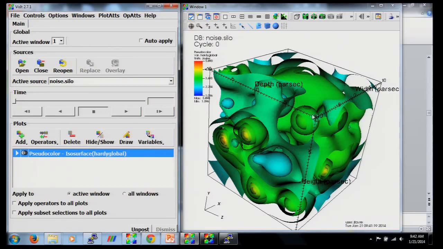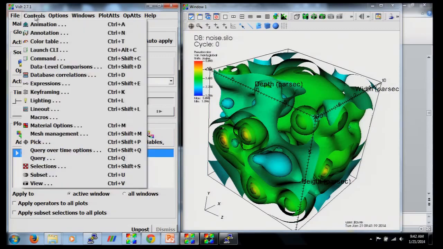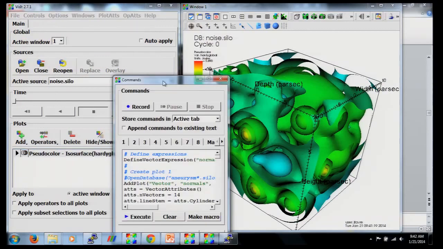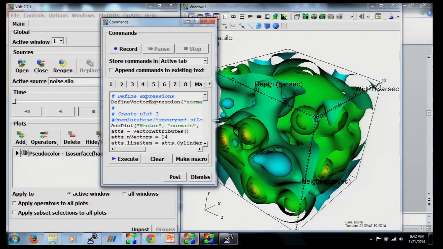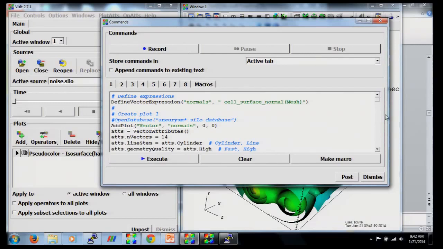Let's go directly to Python and see the equivalent of what I just did on the user interface. If I go to the command menu over here, there is some data I have already saved in previous sessions. So there is, for example, the definition of a vector expression called normals, and it applies on the surface of my particular object. But let's clear this